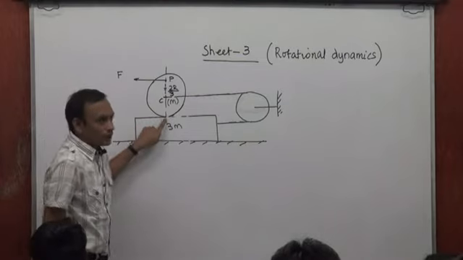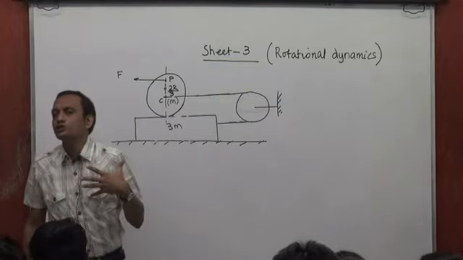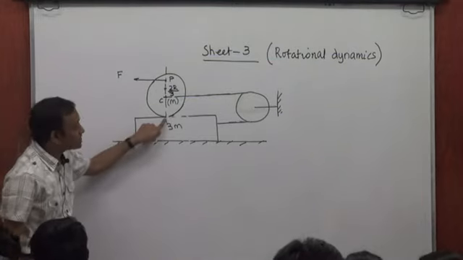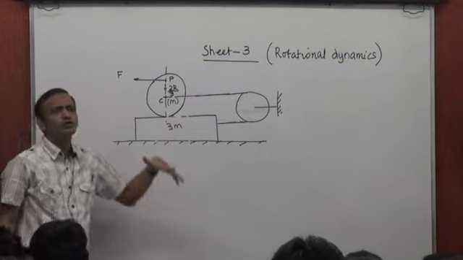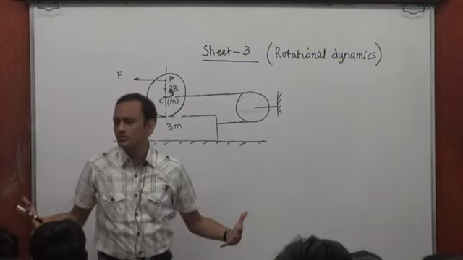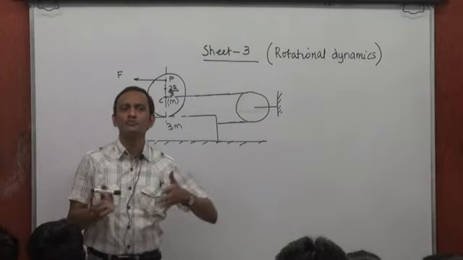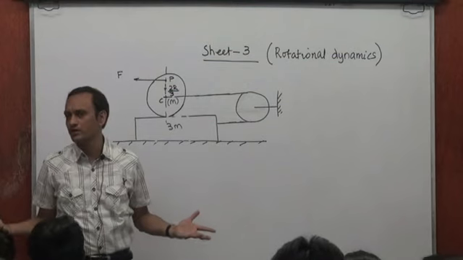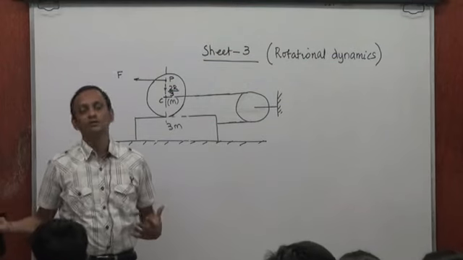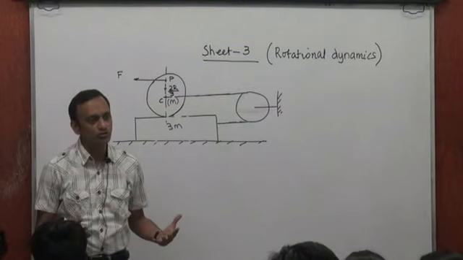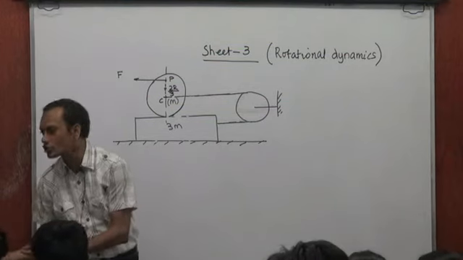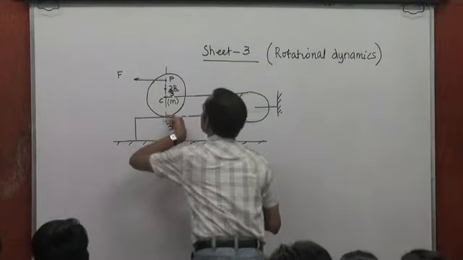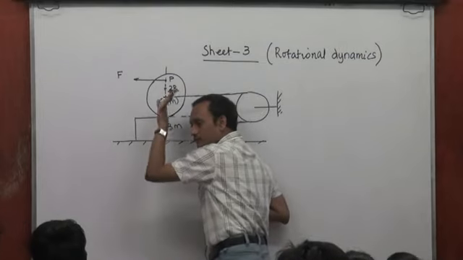Now, right away, we are not sure as to the direction of static friction at this point of contact. Like I said, you can be indiscriminate about that selection. You can choose any one direction as the direction of static friction. Go ahead and write your equations commensurate with that direction. The sign that emerges will tell you whether your chosen direction was right or the actual direction is opposite to the chosen one, right? So, let's say on this cylinder, static friction acts on the right,